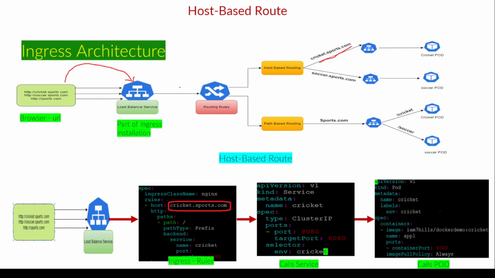So yeah, I just wanted to add a little bit of information here. That load balancer service will come as part of your Ingress controller installation. For this demo, I have used the Nginx Ingress controller. So from here, it will go to your routing rules. Routing rules are nothing but what you have written as part of your YAML. This is how it exactly looks like. This is a sample YAML file for the URL